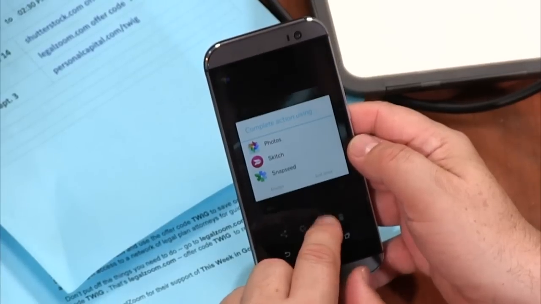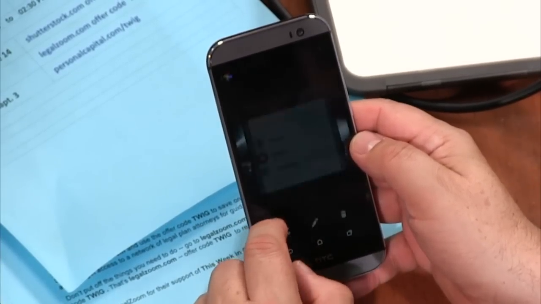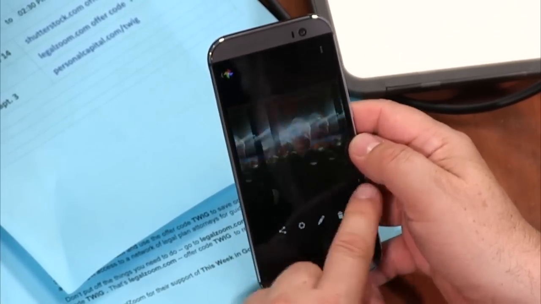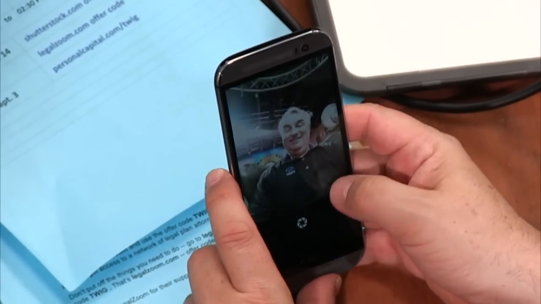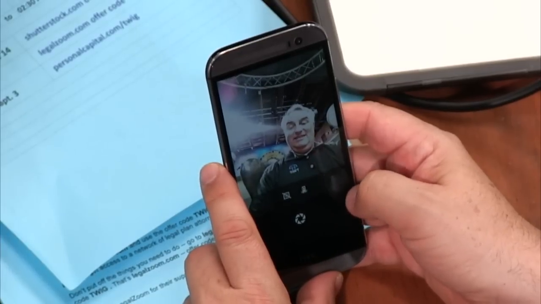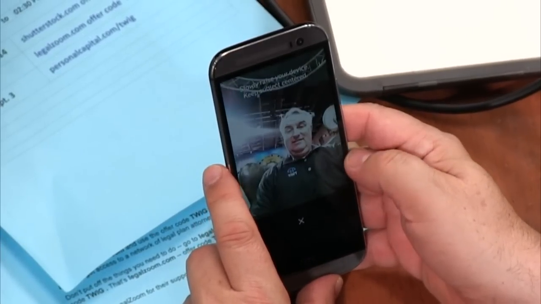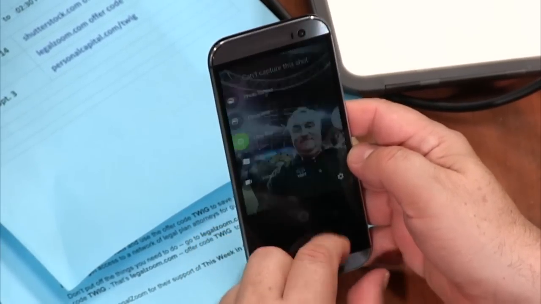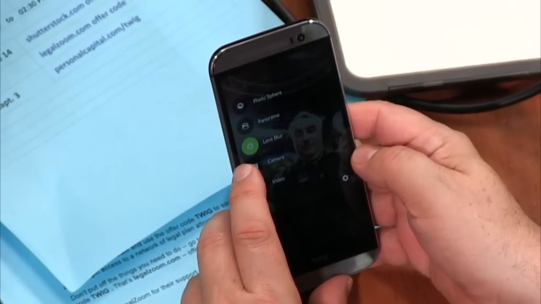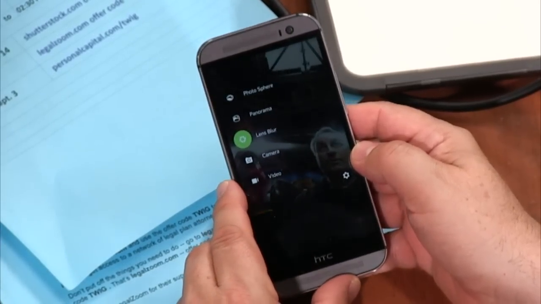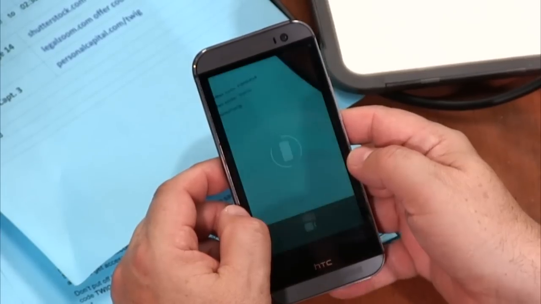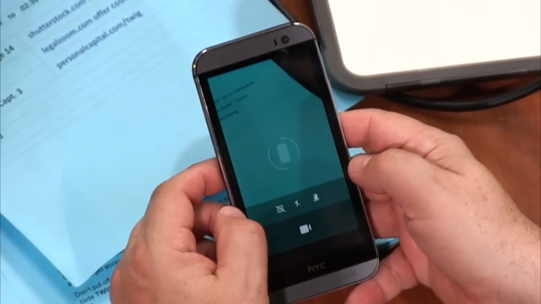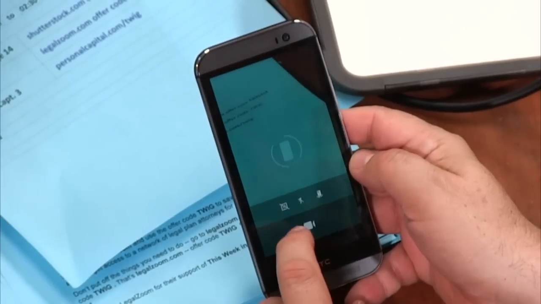It kind of gets out of your way. Of course, with the UI you have to swipe in from the left in order to see the different options, which took me a few times to figure out. You had to show me. I couldn't figure it out at all. Yeah, you swipe in from the left. I kept pressing the HDR button. Yeah. So they say it's an updated UI that gets out of your way. It gets so out of your way that it's hard to find the settings. But once you get used to it, once you know about the swipe in, it works on phones and tablets running 4.4. So that's only KitKat.